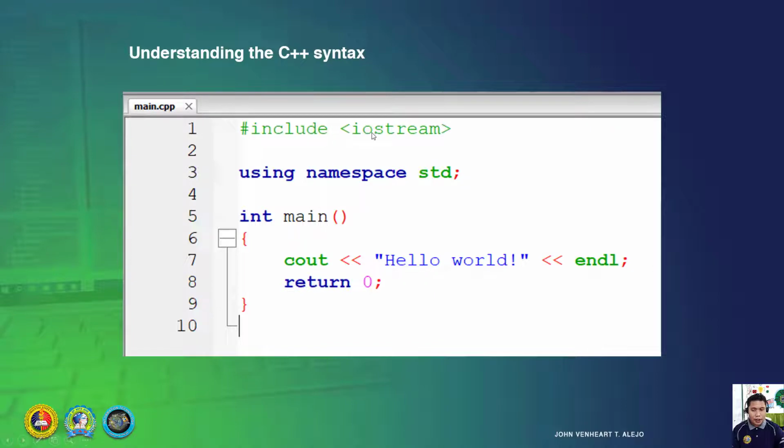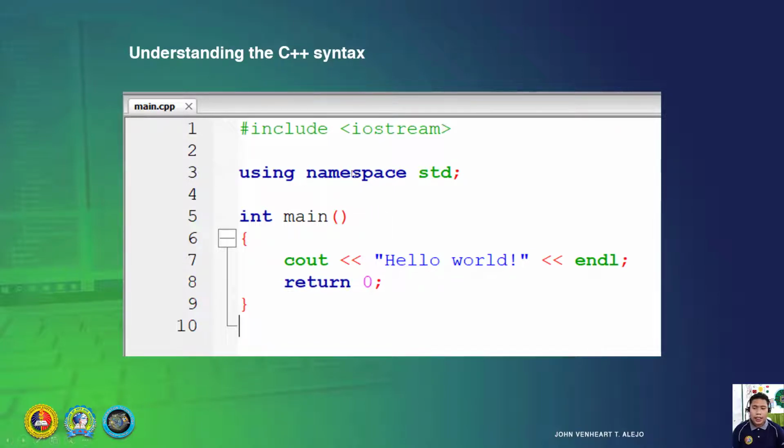It is a good library because in our program, we basically input and output. Without including the input output stream, you cannot use the cout command, because the cout command is under the input output stream. So if you want to output something, you include the input output stream.